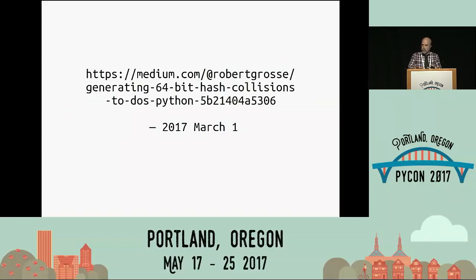Just 2 months ago, if you're interested in the cryptography of hash functions, a really neat blog post appeared from someone who has published their work and figured out how to produce 64-bit hash collisions, not the little 32-bit collisions of the original research. Go look for that on medium.com if you want to see how someone, Robert Gross, who is learning cryptography and wanted a target to practice on, took Python's old hash function, put it through the ringer, and figured out in a moderate amount of computing time how to get lists of at least hundreds of keys that, even on a 64-bit system, hash to the same value.